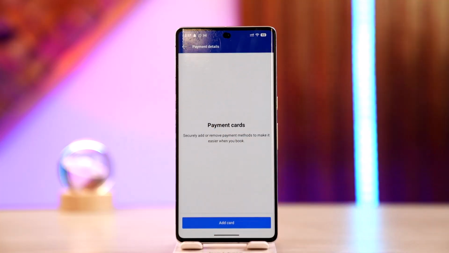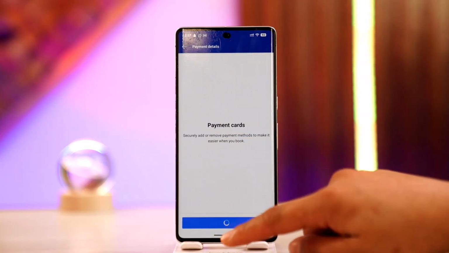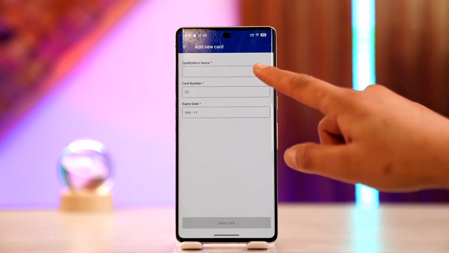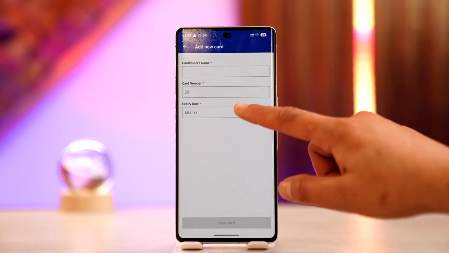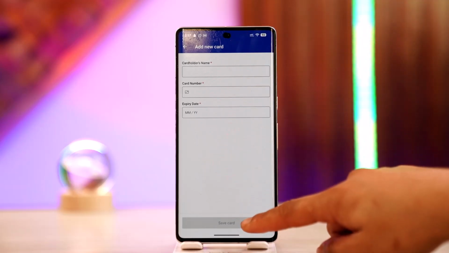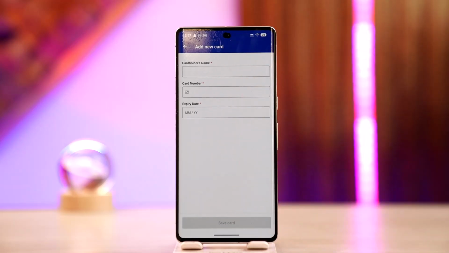After which, if you want to add a payment method, you just tap on add card. Now you have to enter the cardholder's name, the card number, the expiry date, and the month. Once you're done entering the following information, all you need is to tap save card at the bottom of the page,